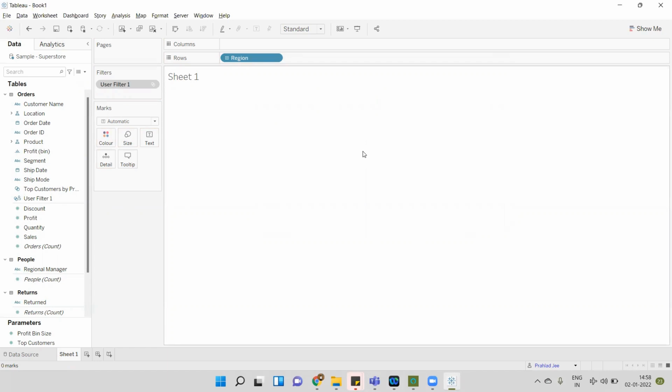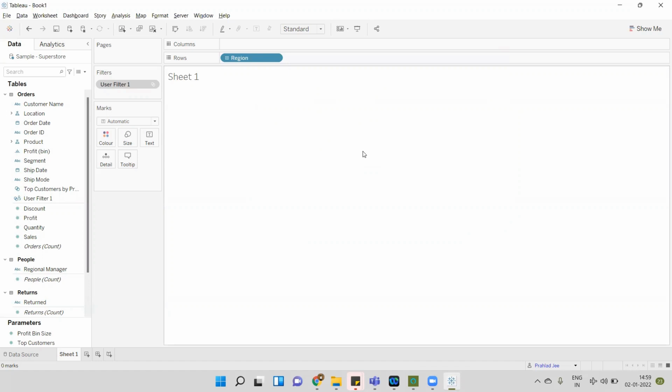So this is the issue. Let's suppose when we publish the dashboard on Tableau Server, we give access to, let's say, 100 users on permission. Now out of 100 users, only for 20 users we have to restrict the data, and for the rest 80 users we have to show the complete data.